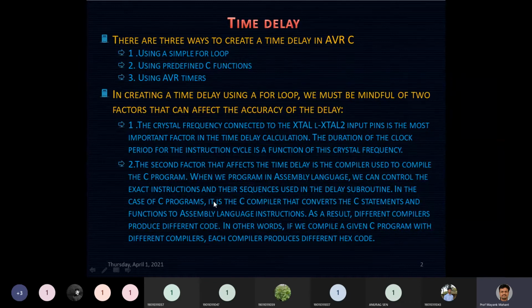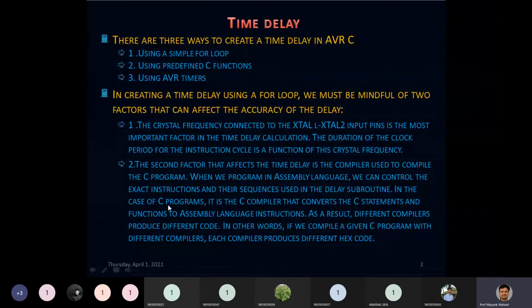Okay, so the accuracy of the delay calculated when you are generating a delay using a for loop also depends upon the compiler that you have used. When we program in assembly language, we can control the exact instruction sequence used in the delay subroutines.